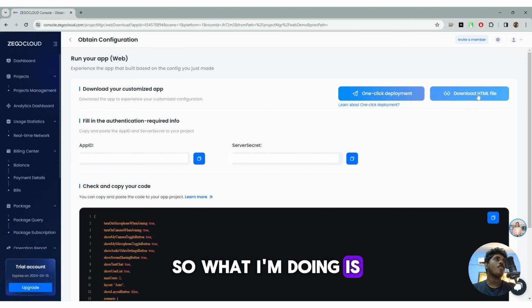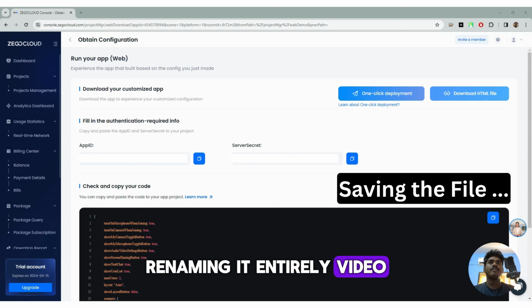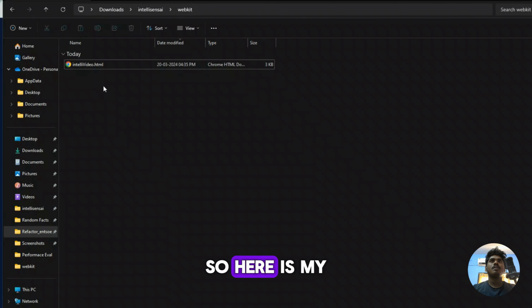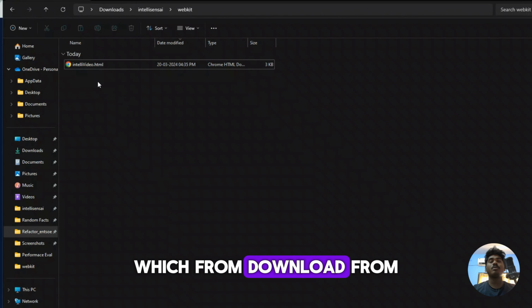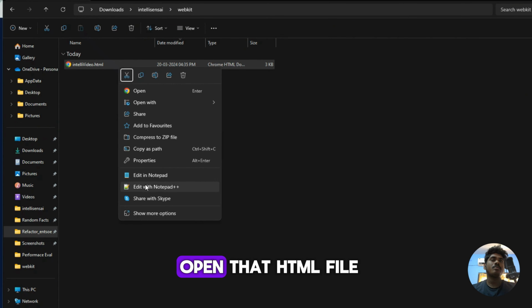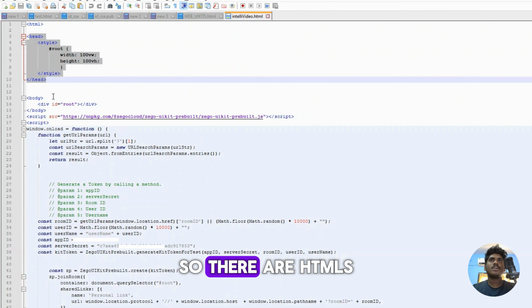So what I'm doing is I'm going to download the HTML file, and I'm just renaming it IntelliVideo. Now the file will be saved. All right, so here is my downloaded file, which I downloaded from Zego Cloud. IntelliVideo.html. I can just open that HTML file, and as you can see, the HTML is already